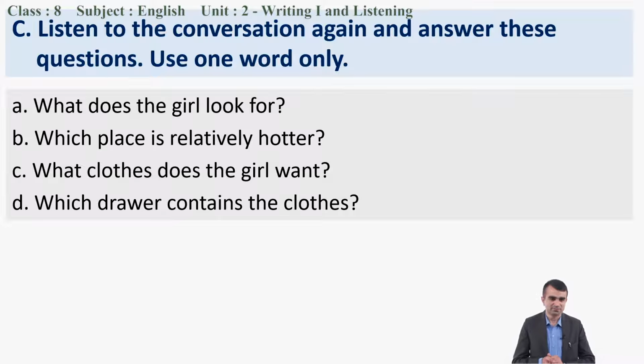Okay. Now that is over. Audio sound file is over. Now you might have completed all your work. Have you? Okay, good. Now let's check whether your answers are correct or not. Probably you have written correctly, haven't you? Yes. Okay, many of you have said yes. Say loudly yes. Good. Now, what does the girl look for? What does she look for?